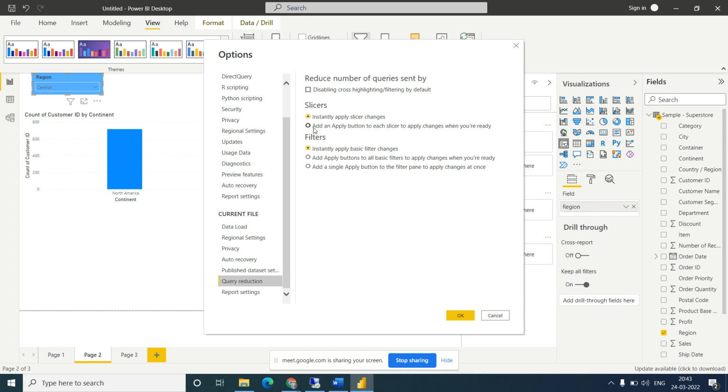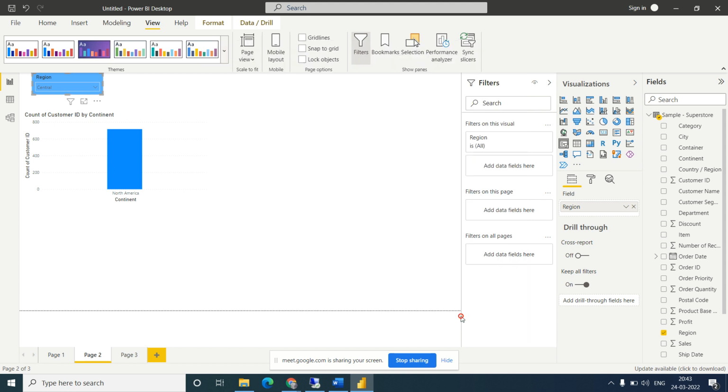You can see there is a slicer option: add an apply button to each slicer to apply changes when you are ready. Click on OK.